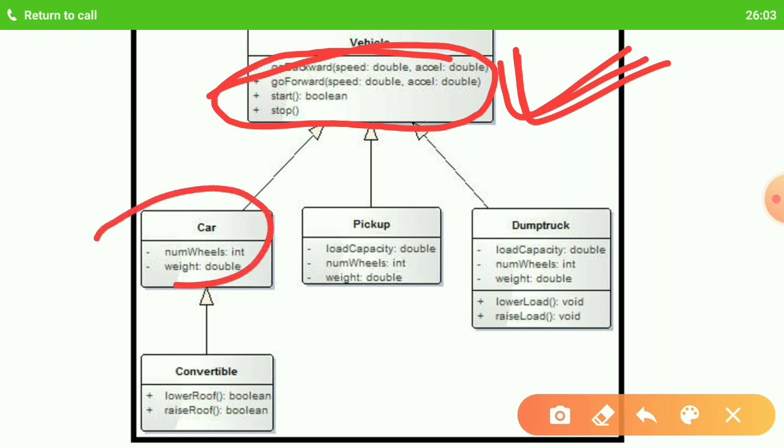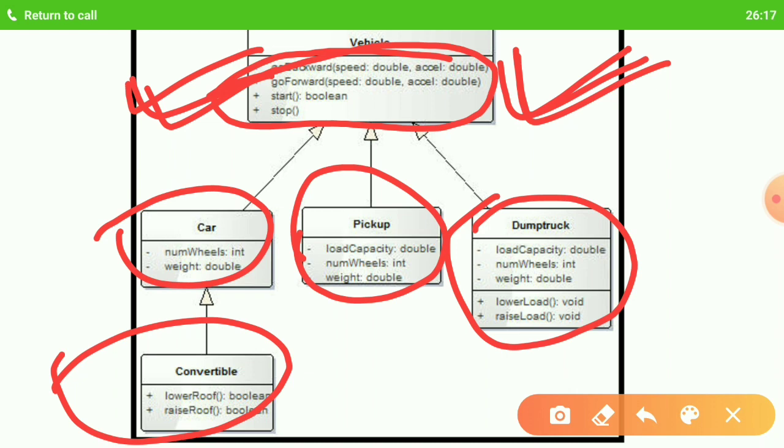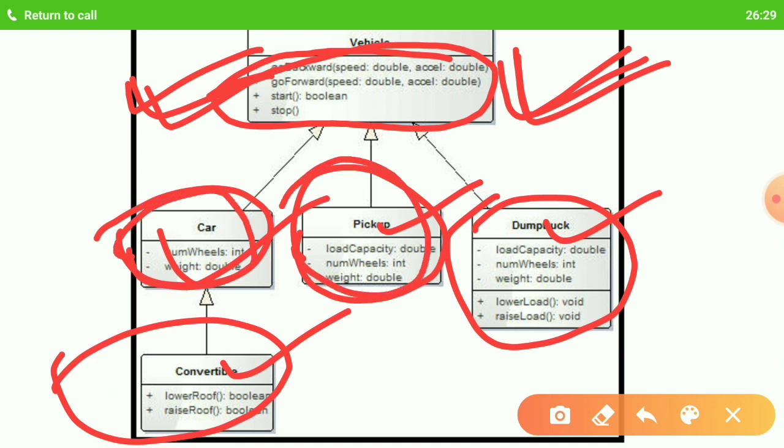Okay, so all kinds of vehicles will have at least these features present in the vehicle class, plus they will have their own features. That means, in the base class you should have all the common features, and in the derived class you'll define the unique features, because